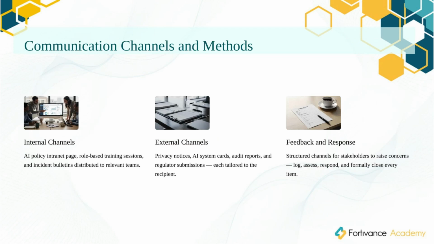But it is worth stating explicitly because AI governance communication fails most often by treating all stakeholders the same. For internal stakeholders, your channels include your intranet AI governance page, a single authoritative source for AI policy, procedures, and updates, training sessions and onboarding materials for new employees, governance committee reports for senior management, incident bulletins for operational teams when AI-related issues arise. For external stakeholders, your channels include privacy notices updated to reflect AI processing, AI system cards